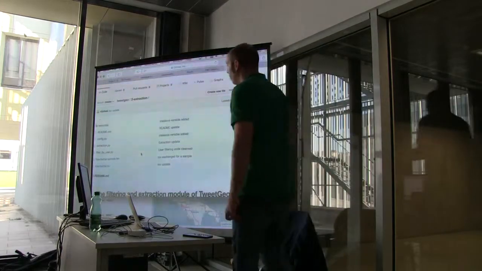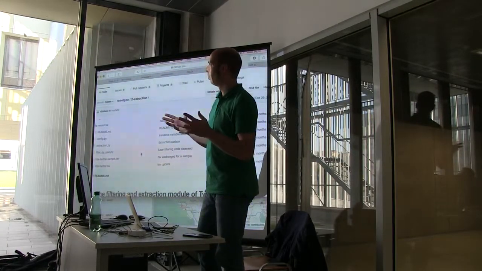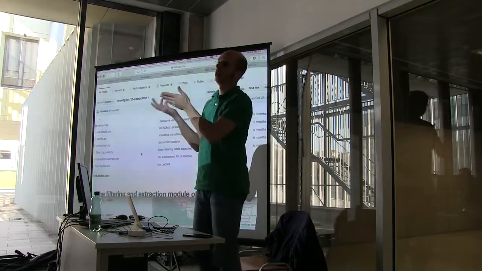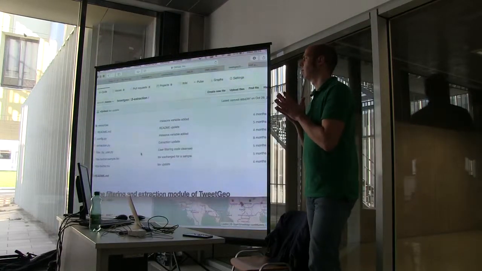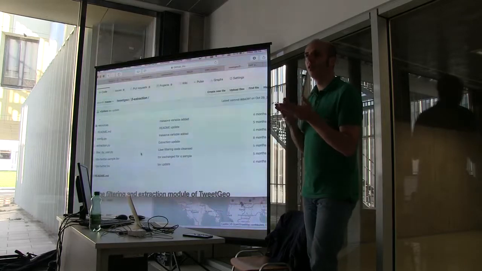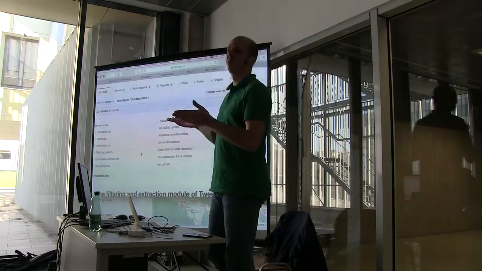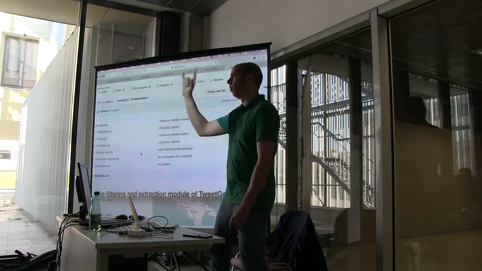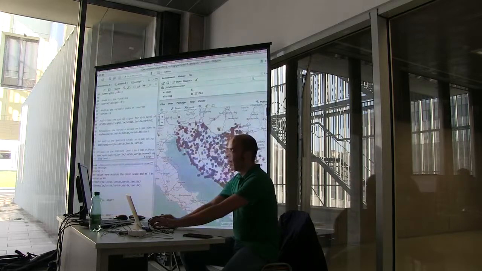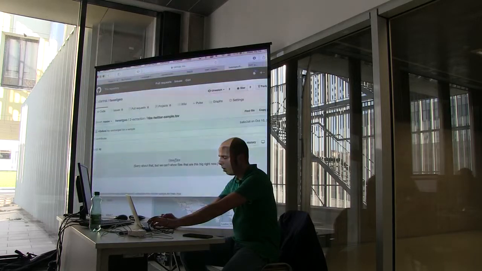But you can also look at other things. For instance, here we look exactly at the linguistically relevant variables for this area. One variable was whether in a tweet the Ekavian or the Ijekavian dialect was used. This is about an old vowel in Slavic languages. In Serbian they say leto, in Croatian they say ljeto. In Croatian they say smije, in Serbian they say sme. So there's a small difference that occurs rather frequently, and then we have methods that identify whether one or the other variant is used. And once you have such variables extracted with the help of the second process, which is the extraction process,